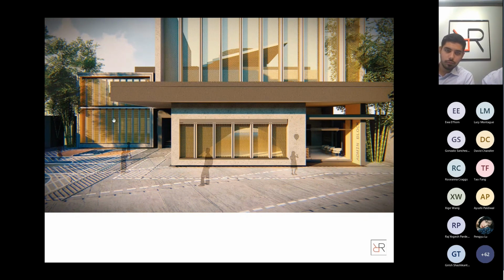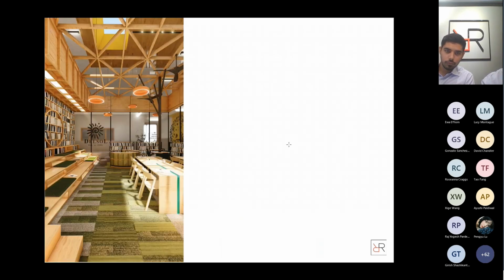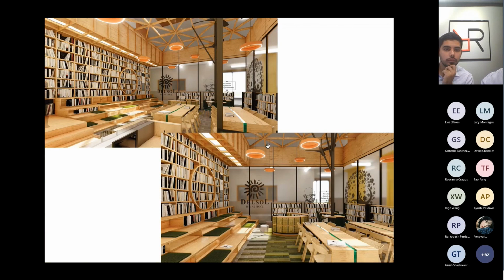And then there were some requirements to work on some interior spaces as well. One of them was the library space, which came into this atrium space within the central part of the school. We decided to work with a very natural palette of plywood, using that as the main material to come up with a very warm and inviting library space for students to